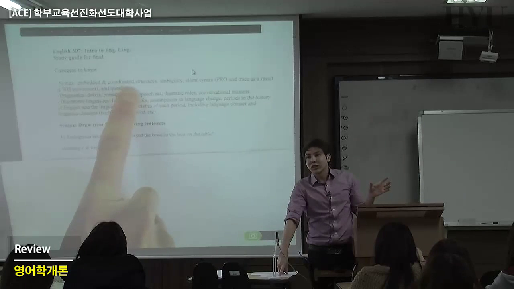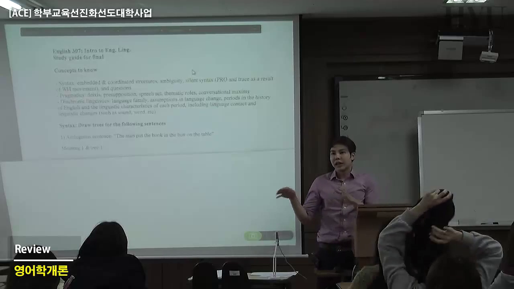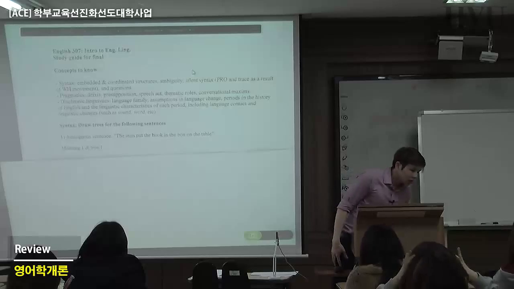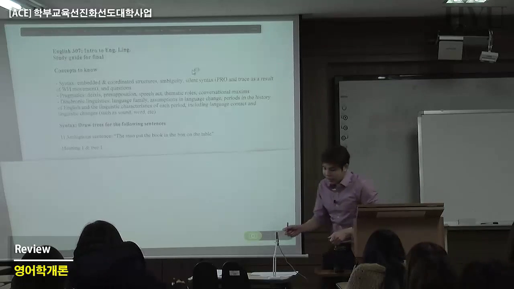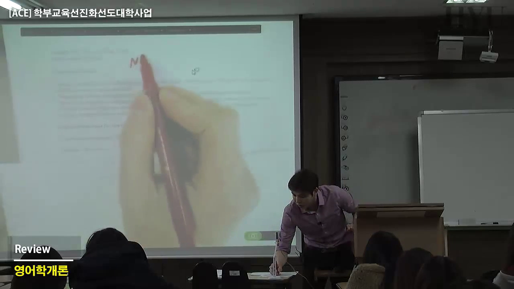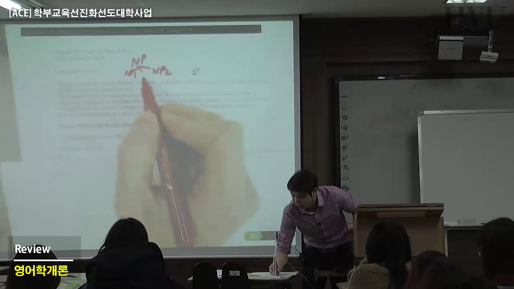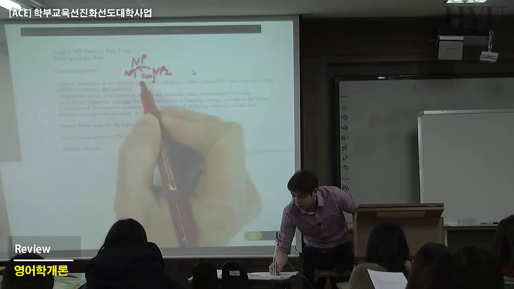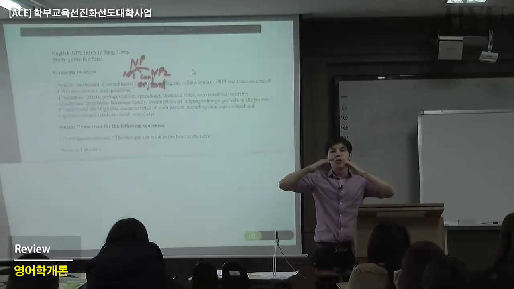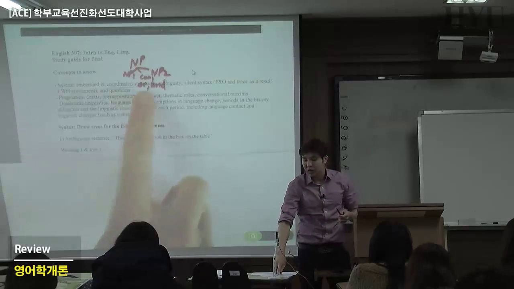Remember the coordinate structures, you have conjunctions that join two or more things, right? And they should stand at about the same level. Like if you join two noun phrases, it would be like this: noun phrase 1, noun phrase 2, and the conjunction here. Could be or, and, whatever, right? So you should have two or more things that are on the same level, and they are joined by conjunctions,